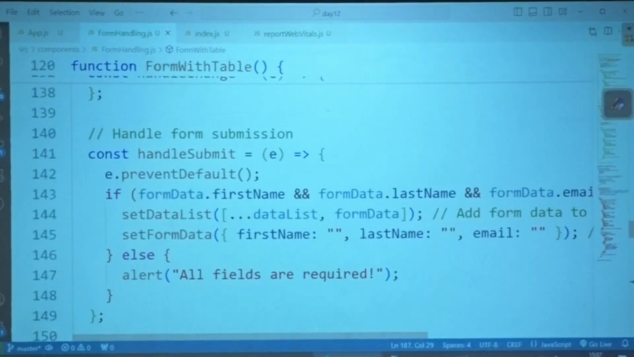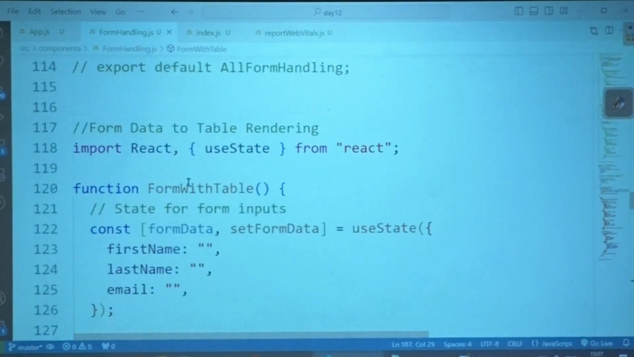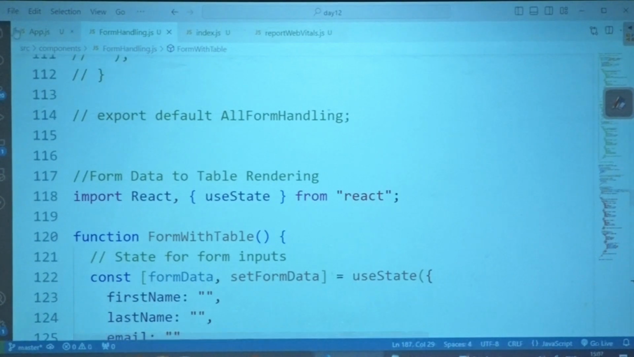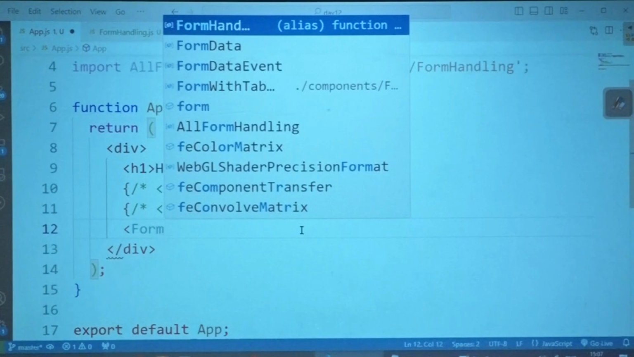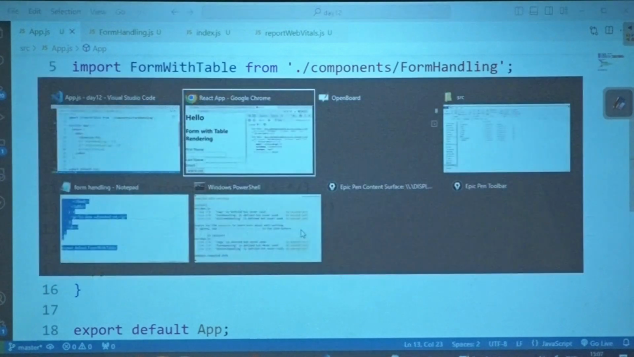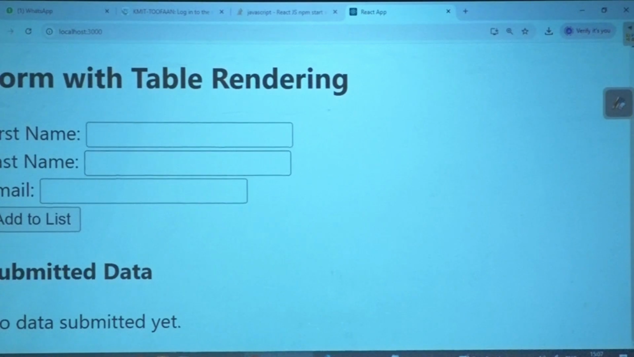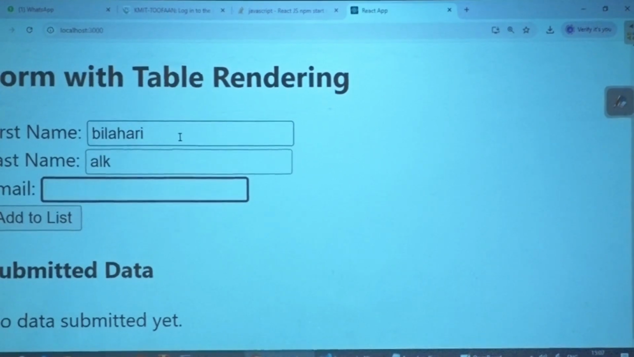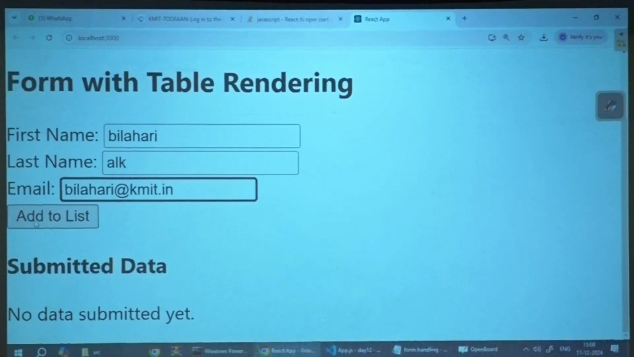So let me run this. First, let me make a call to that. Form with table. Comment out this. Form with table. Close this, reload. As of now, I did not submit any data. Let me pass. Add to list. I'm trying to add to the list